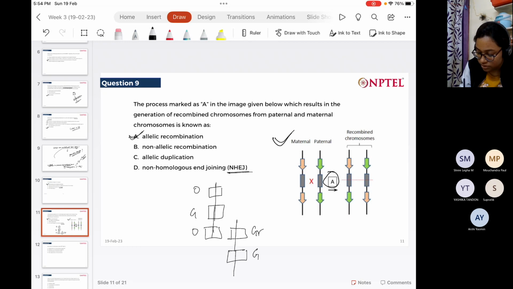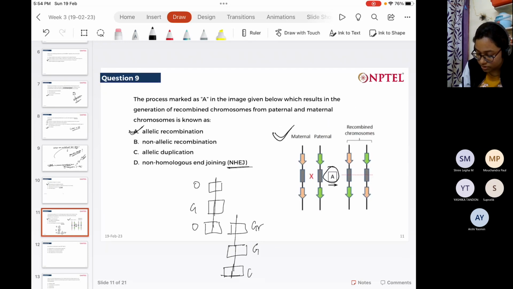Let me label green with GR. Now the alignment is such that when recombination happens between this repeat and this repeat,